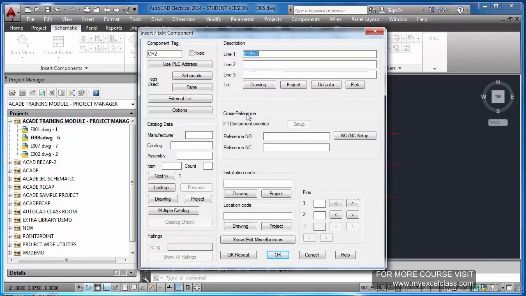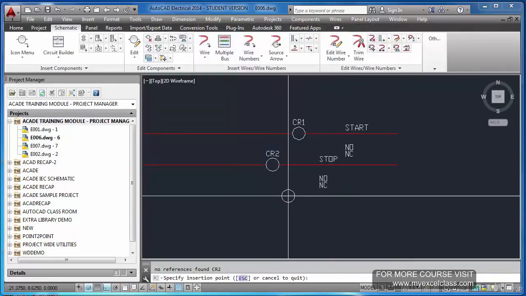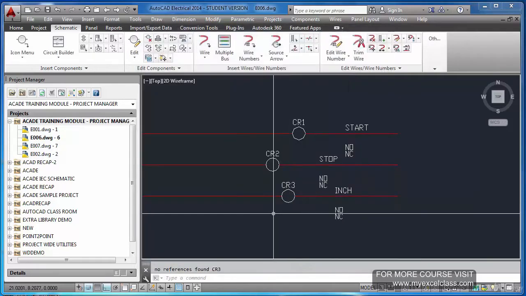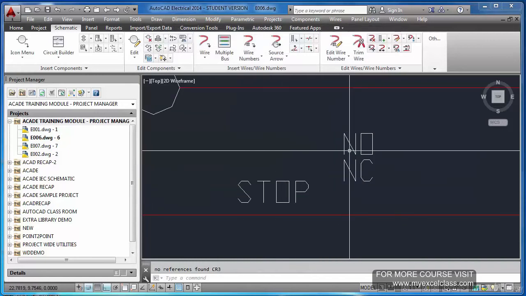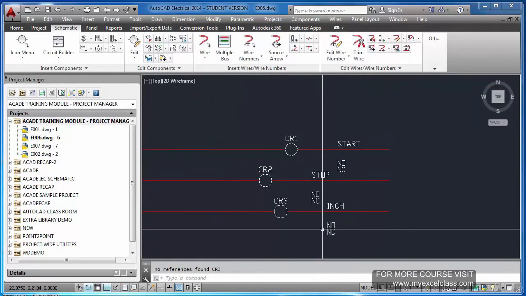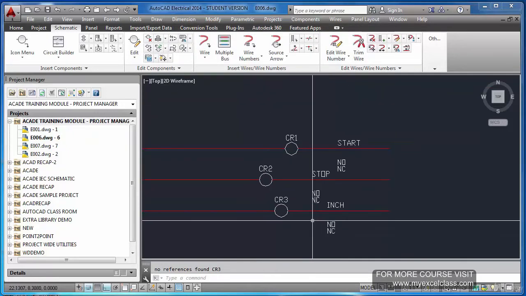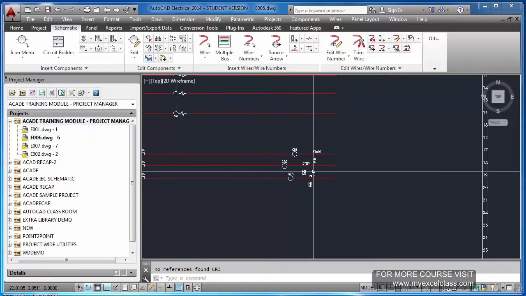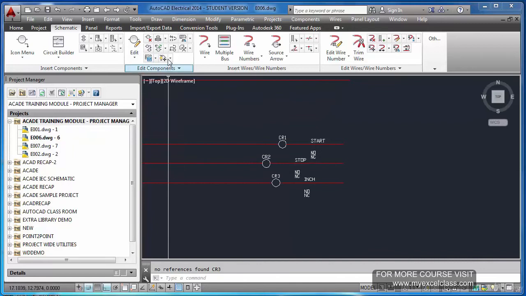This one, let us say stop. Okay, repeat. Here I will put one called inch. Inch is a function. Now you see some NO NC contacts come here. Now these relays, while you are making a drawing, again you should try to align these.